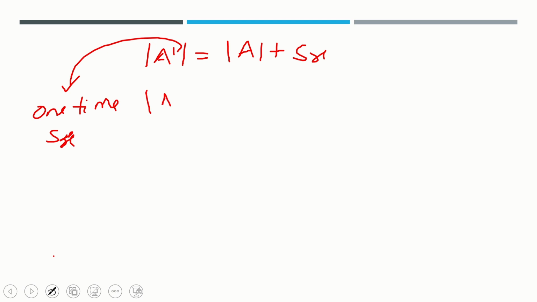So now what will A double dash be? It will become A dash plus Sx. And you should remember